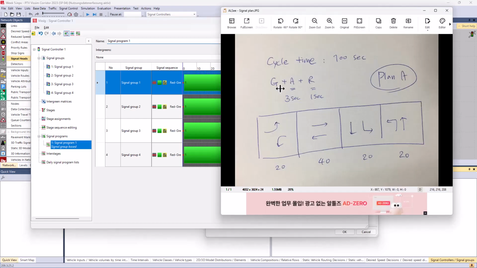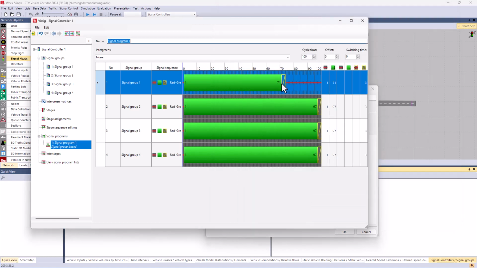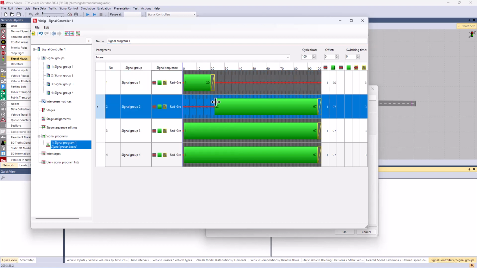For example, here we have 20 seconds of green time, and you have 3 seconds amber, and here second amber, and 1 second all red time,